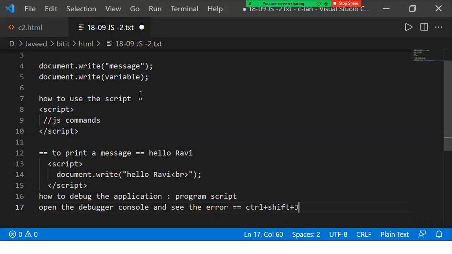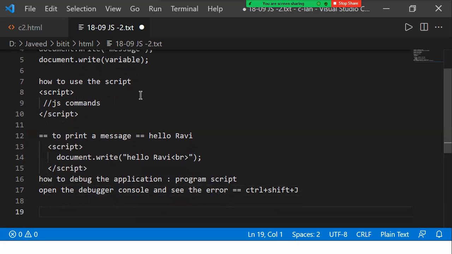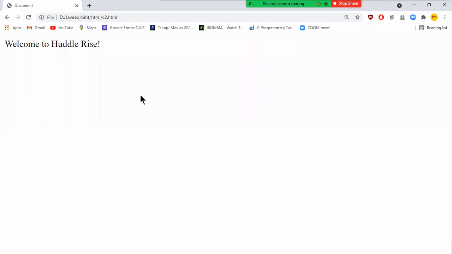Now remember, we said JavaScript is an interpreter. What do we mean by interpreter? An interpreter shows only one error at a time. In case there are 100 errors in my script, it will not show all 100 at once. It shows only the first error, and it stops there. Once you rectify that error and run the script again, it will show the next error, if any. Otherwise it will execute your script properly. That's how debugging of your applications can be done, especially in the case of JavaScript.